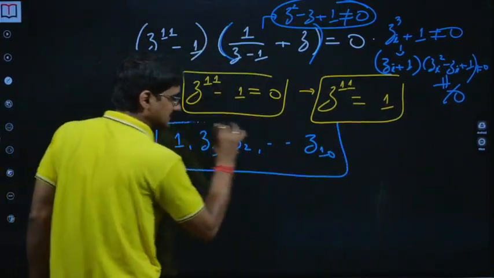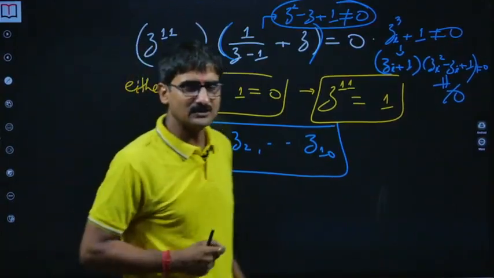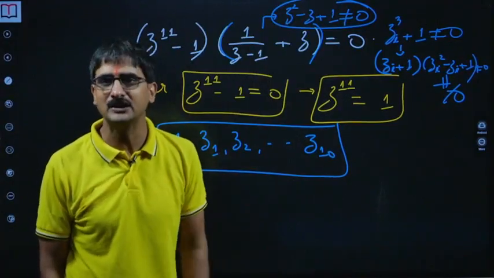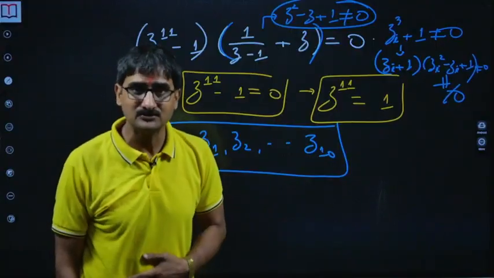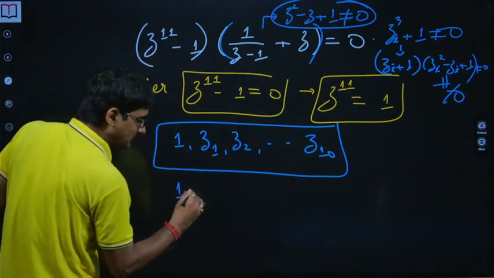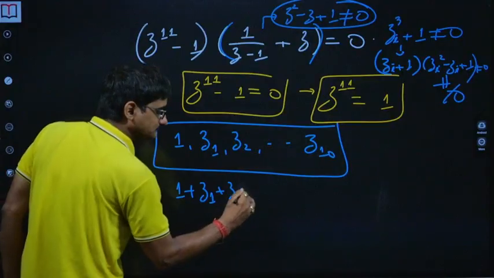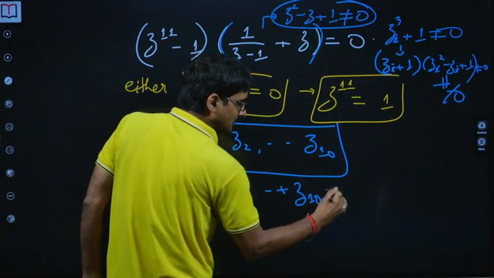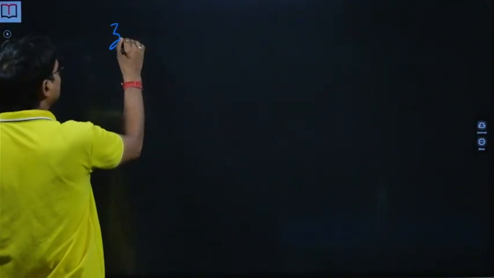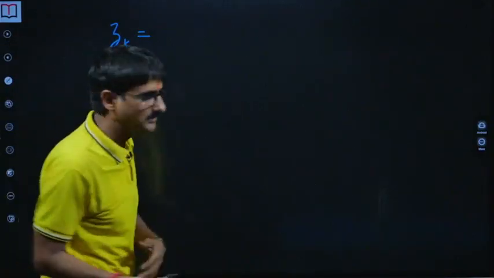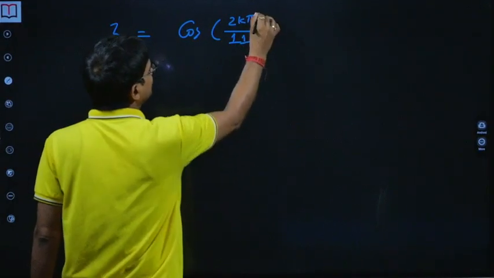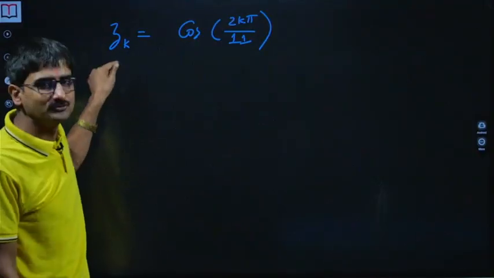One more thing we need to keep in mind: for nth roots of unity, if n is odd, we have only one real root and the rest of the roots are imaginary, and they occur in conjugate pairs. Now we know the sum of all the roots of unity is 0. We are talking about the kth root of unity. So do we remember the general form of the 11th root of unity? If this is the nth root of unity, the kth root of the nth roots of unity.